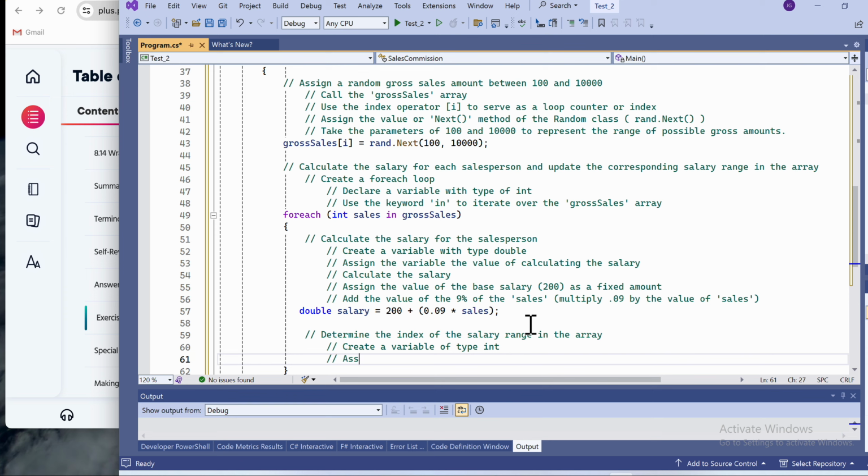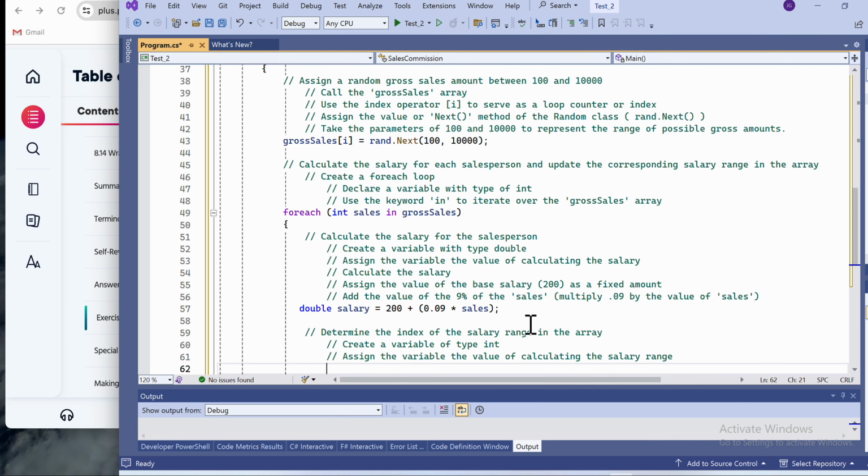And we're going to assign the variable the value of calculating the salary range. And we are going to do this by